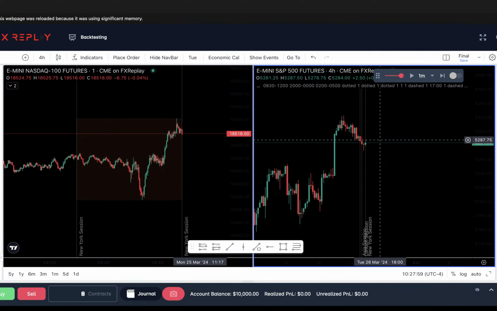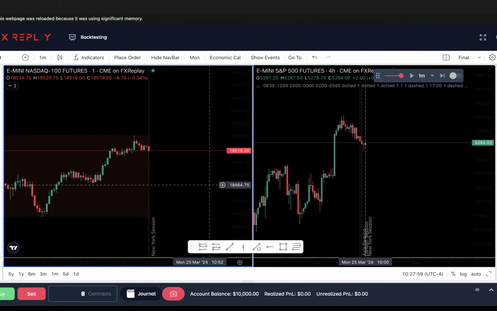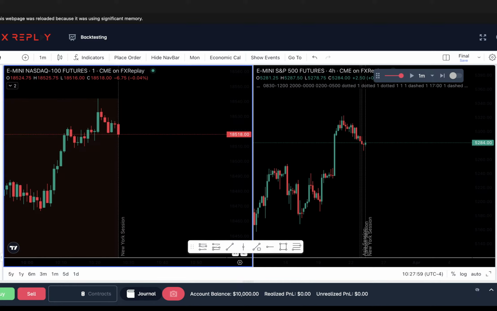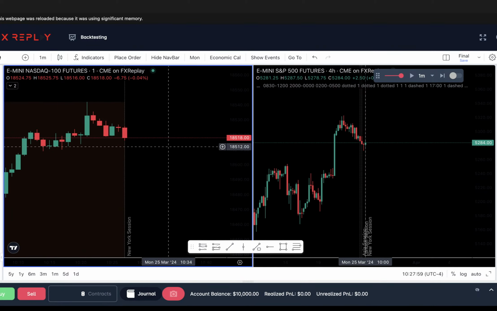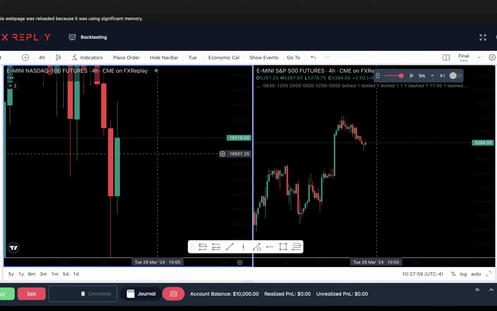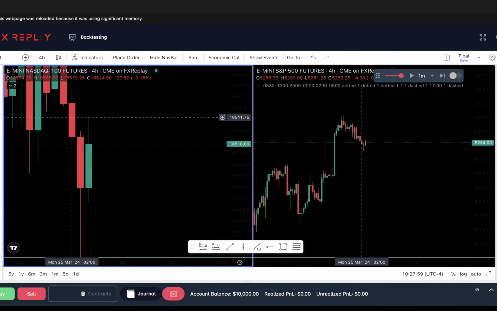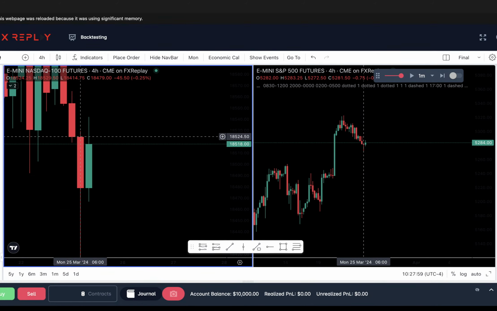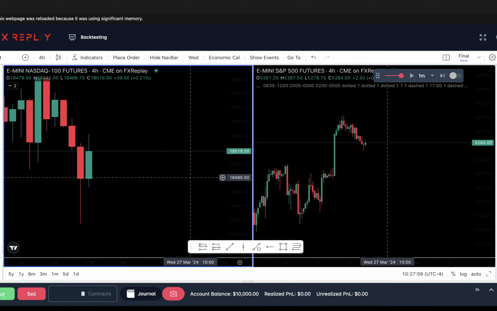So if you're a macros trader, you're trading at 10 a.m. If you're an ICT Silver Bullet only trader, you're trading at 10 a.m. If you are a CRT trader, which most people, not most people, I need to switch these numbers. A lot of people trade CRT. CRT, you want to catch the 6 a.m. candle. This is the 1 minute chart. Don't piss me off. You want to catch your CRT on like the 2 to 6 a.m. candle, the 6 to 9, 6 to 10, and then 10 to 2. So it lines up with CRT as well.